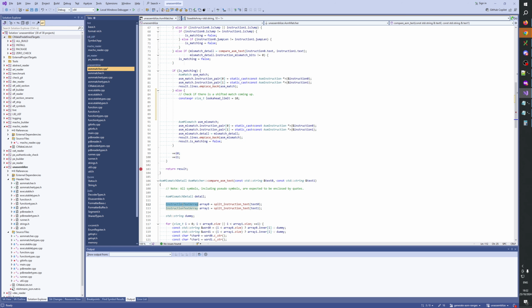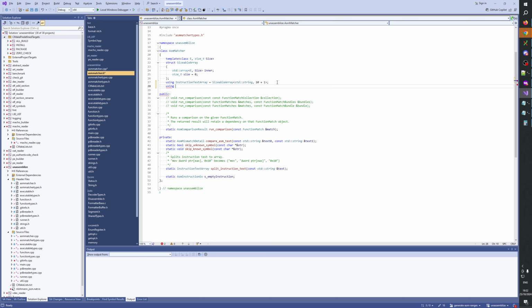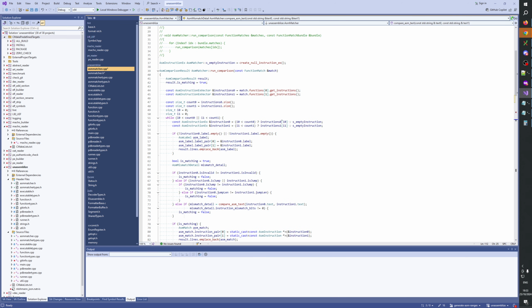Instruction text array. Okay, let's use instruction text array vector. Array vector. So it's a std vector of instruction text array. Okay. So that means